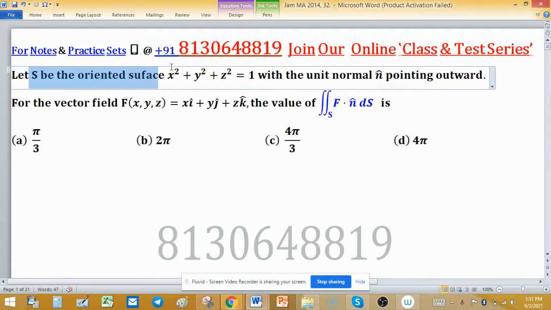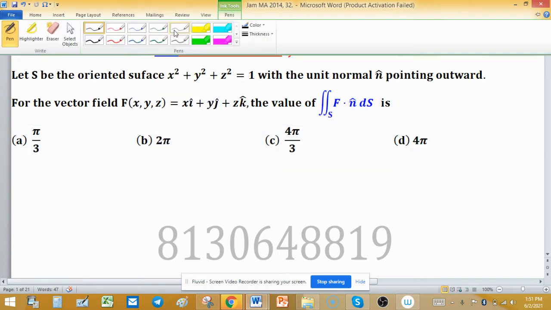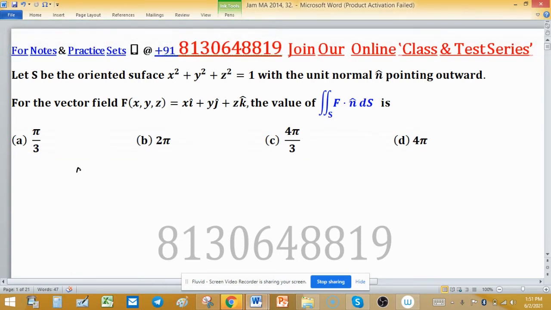Let S be the oriented surface x squared plus y squared plus z squared equal to 1 with the unit normal n cap pointing outward. For the vector field F of x, y, z equal to x i hat plus y j hat plus z k hat, the value of the surface integral, or normally known as flux,